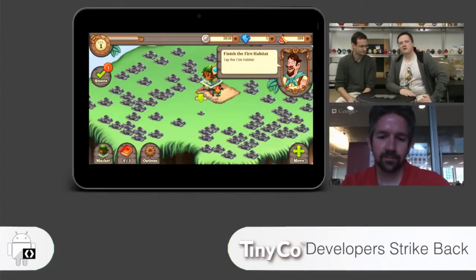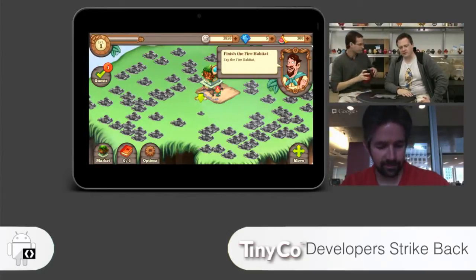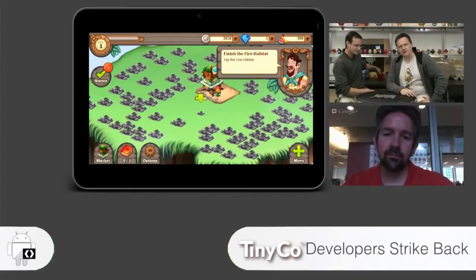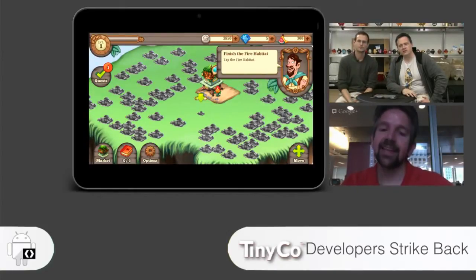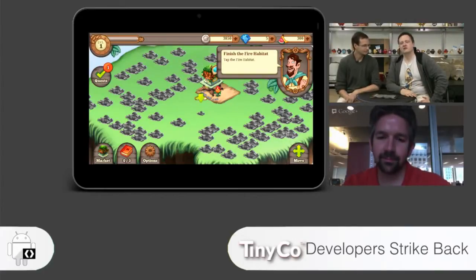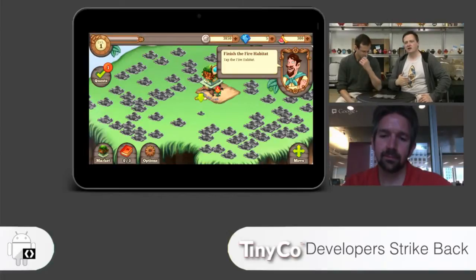Yeah, you guys have come such a long way since I remember when we first got in touch. You were working on, was it Tap Resort, a little island game? Yes, that would have been Tap Resort. Yeah, and the first thing that we noticed was the assets didn't scale very well, and a lot of things had come over from phone. I remember we sat down and talked to you about the different form factors in Android, and it took a while, but it seems like you guys really took that to heart.